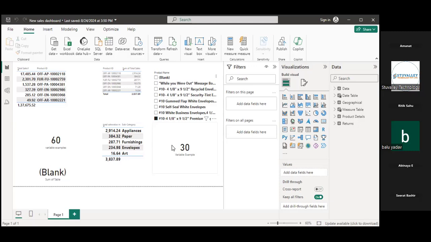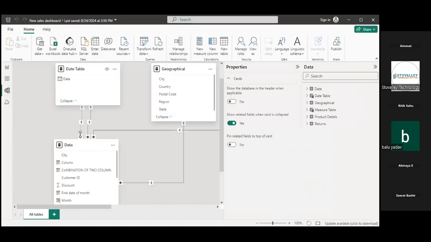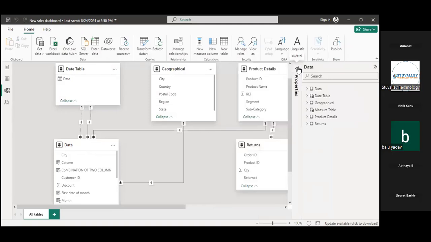When you have multiple dates in multiple files, if I show you this model view, we have multiple files for sales data, and in this sales data we have two columns. First date of month, that is also a date column.